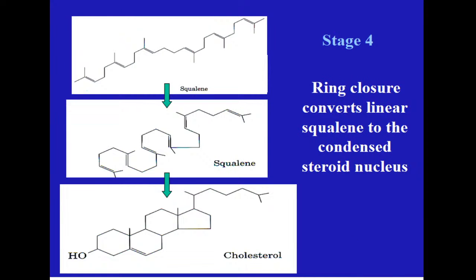with the special enzymes that help in this process. These enzymes are localized on the endoplasmic reticulum, and they are representatives of the enzymes which we name enzymes of microsomal oxidation. Not in microsomes, in the endoplasmic reticulum they are localized, and they help for the cyclization of squalene and further formation of lanosterol and finally cholesterol.